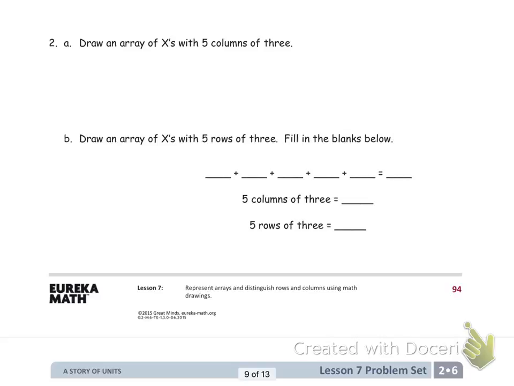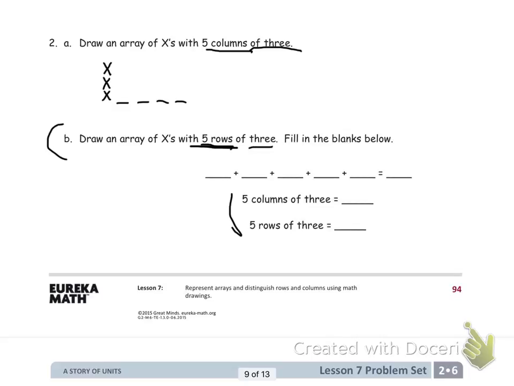Alright, so moving on to number 2, it says to draw an array of x's with 5 columns of 3. So we need to have 5 columns, and each of these needs to have 3 x's in it. So you would come in and go 1, 2, 3, and then we would do that 5 times so that we have 5 columns. So you would go and put 1 there, 1 there, 1 there, and 1 there, and then you'd have 5 total, okay? And then you would come down here and use that to answer these questions down here,